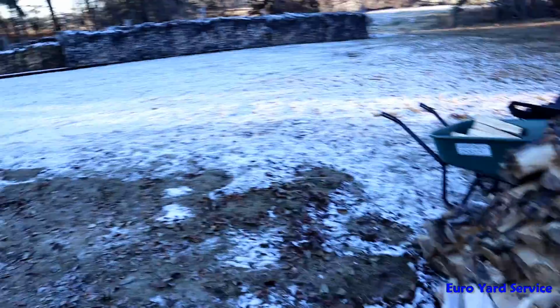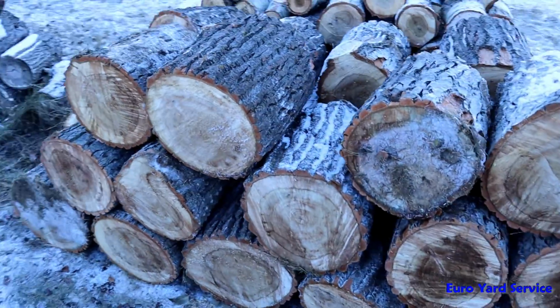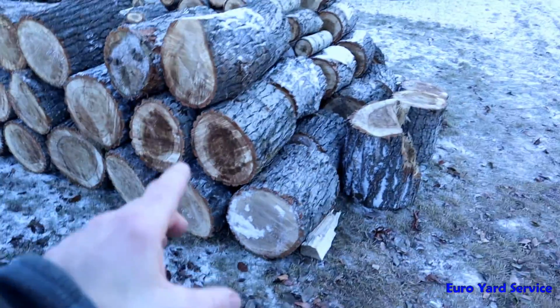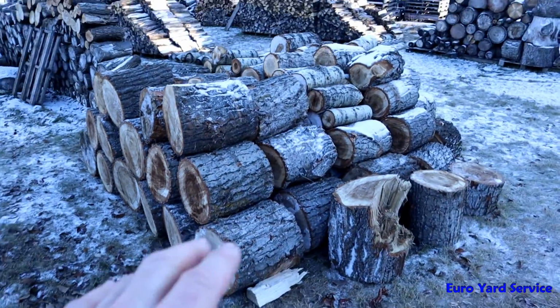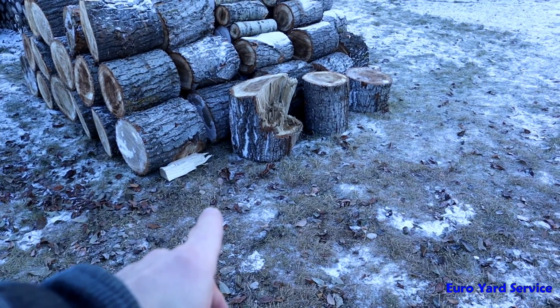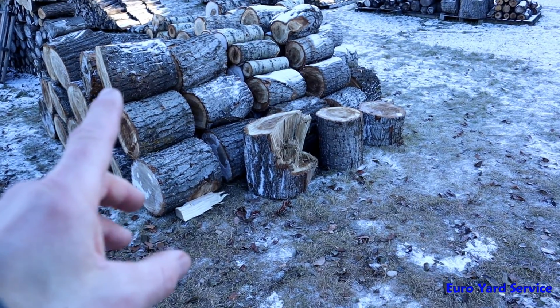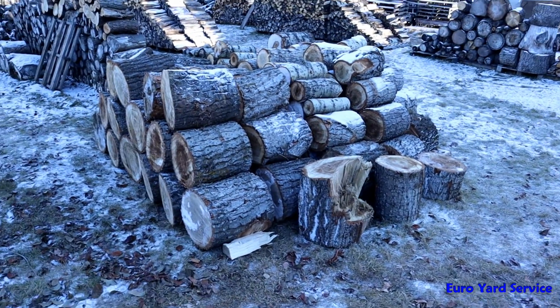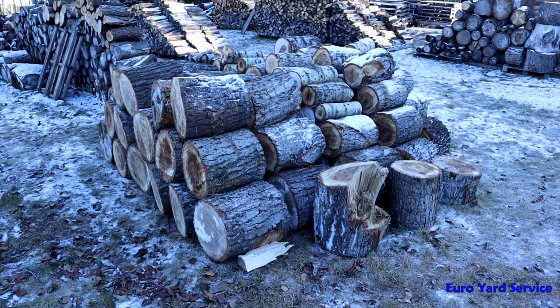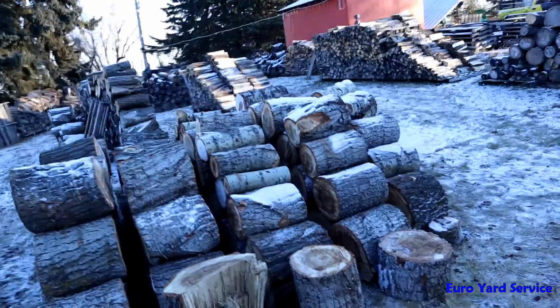So that's been cleaned up, and the place is taking those logs now that I've acquired earlier this fall. Because the ground is frozen till like April, they are good to sit on the ground for now. I'm not really worried about them getting punky. But next project up is